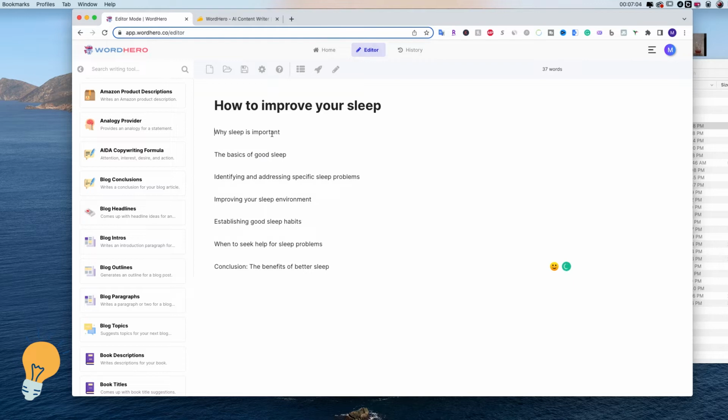So why sleep is important, the basics of good sleep, identifying and addressing specific sleep problems, improving your sleep environment, establishing good sleep habits, when to seek help for sleep problems, conclusion, the benefits of better sleep. I think this is great. This is great because I would have never thought about this part in specific, but I think it's great because